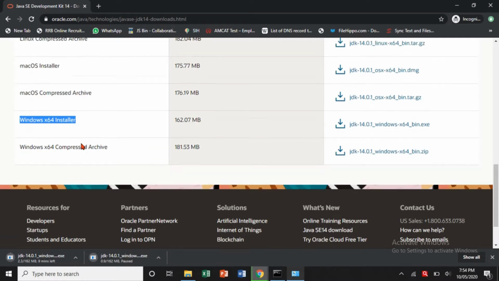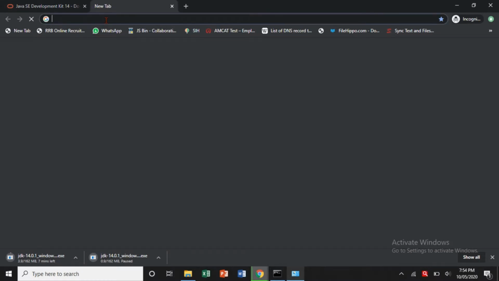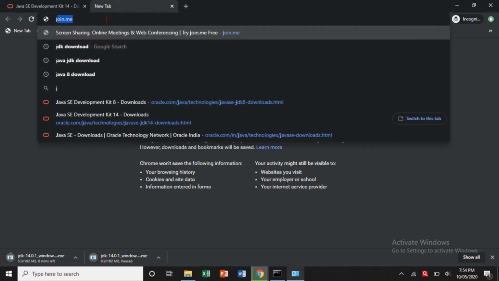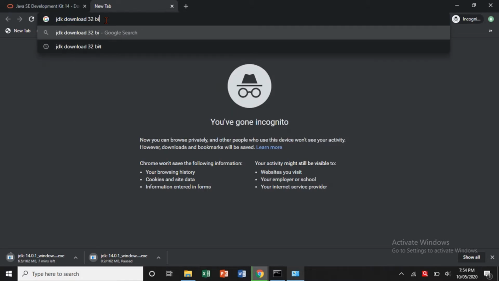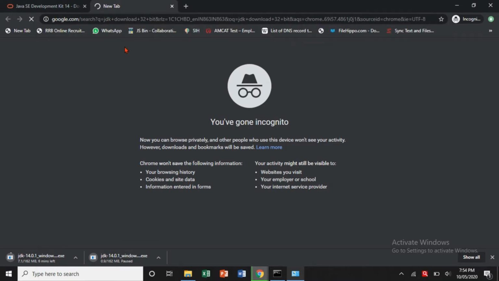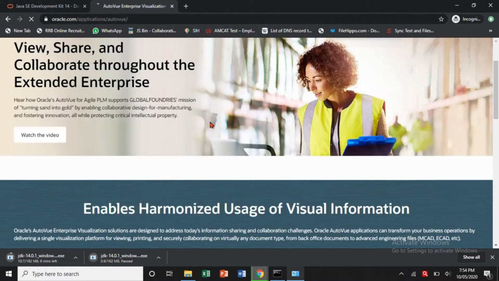But the 32-bit version is not available here, so search like this: JDK download 32-bit version, and hit enter. Again open this official website of Oracle and scroll down.